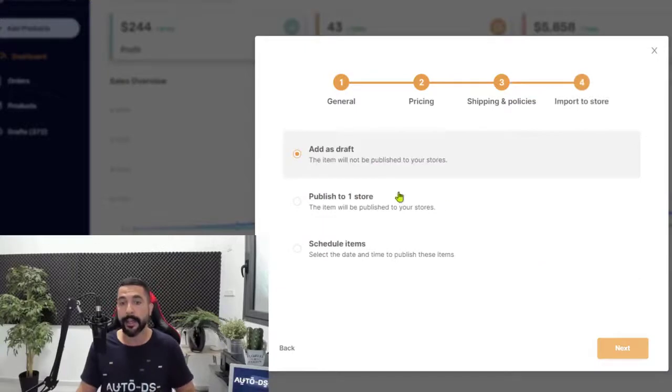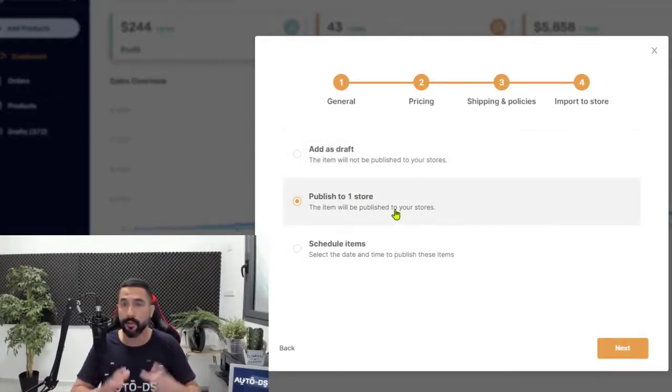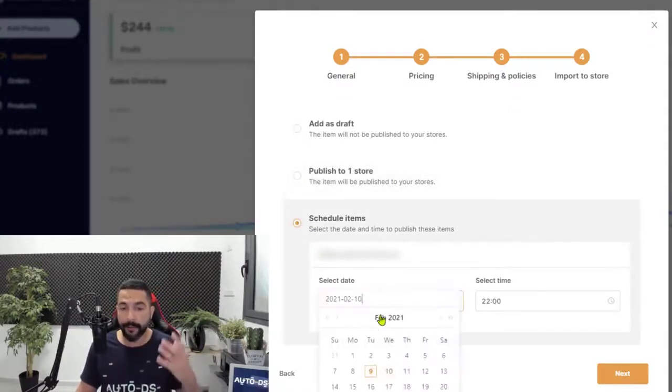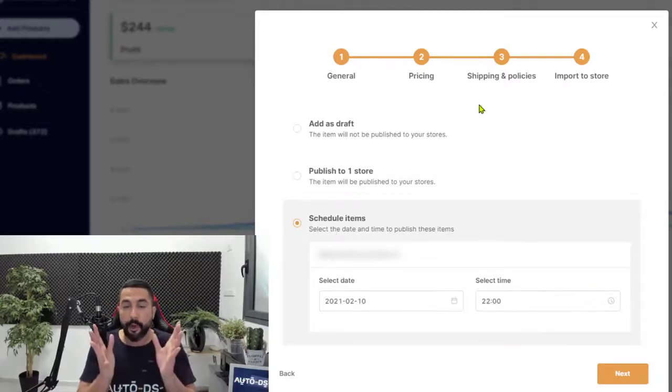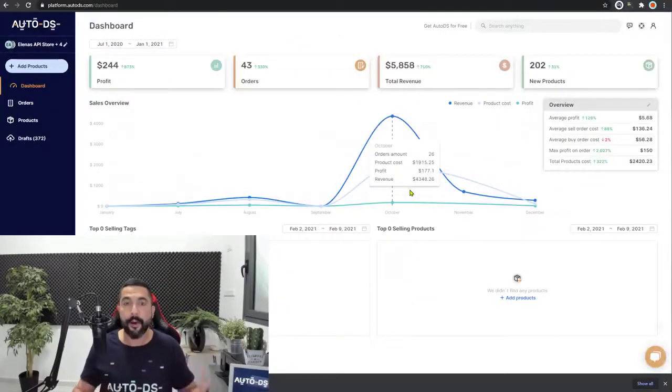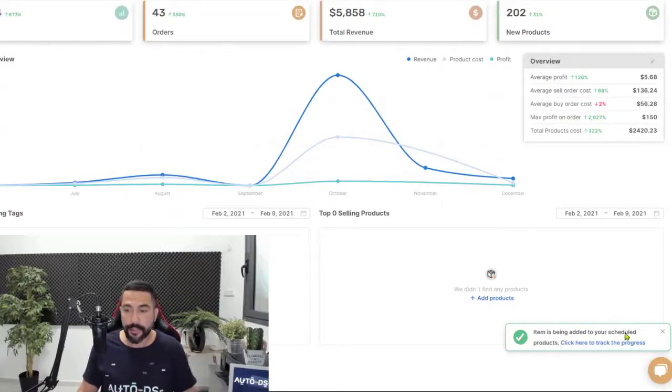settings, click on next again, and now you can import all of those products that we had in that CSV file, add them as a draft to your store so you can continue optimizing them before having them live on your stores, and AutoDS will start monitoring them. Or publish them to your stores, either one store or all of your stores, depending on how many you have, or choose to schedule them at a later date and time. For example, I can choose tomorrow at, let's say, 10 p.m. So once we're done with all of these settings, we're going to click on next, and that is all there is to it. Item is being added to your scheduled products,